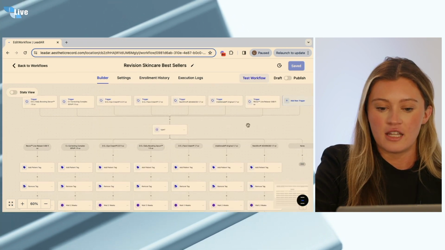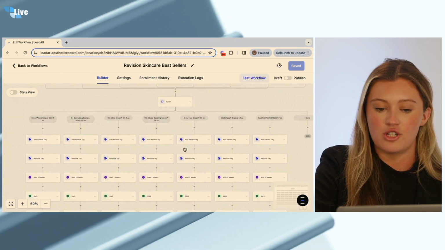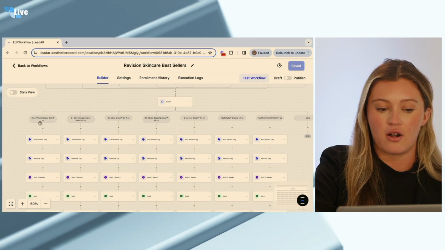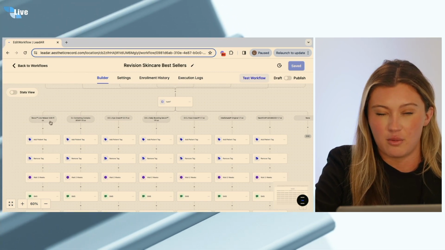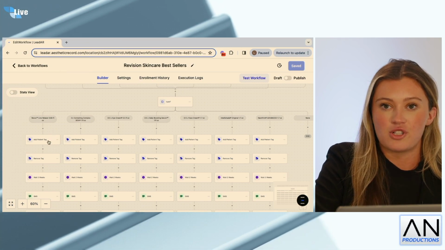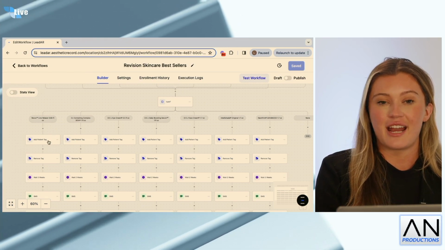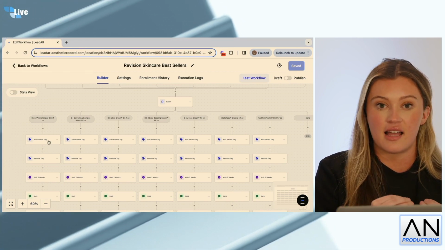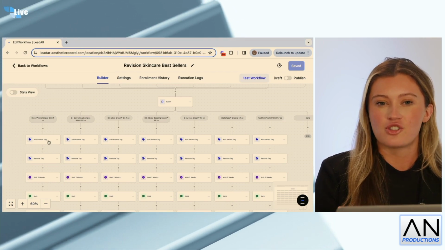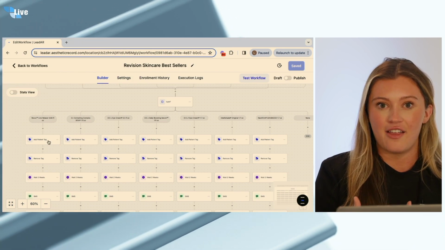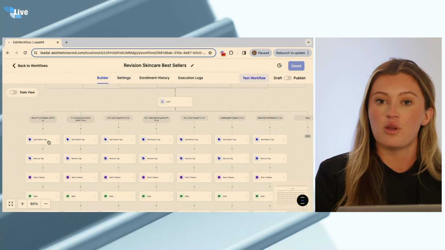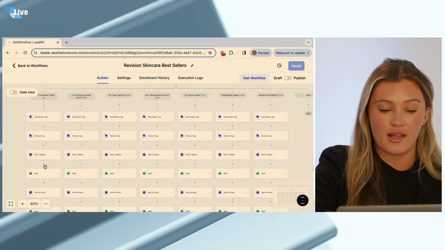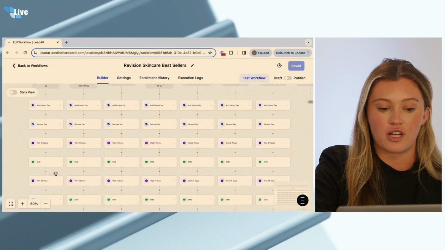So then here we have an if else, and we're doing the adding and removing the patient tag. So I just wanted to show you here, for example, this Revox line relaxer. So some people would just want, revision skincare patient, or if you want to be as specific as possible, you can say exactly what product they have already bought. Totally up to you there, but we're gonna add them as a patient and then remove the original tag that triggered the workflow. So here we have a wait time of 2 weeks, and then we're gonna send them an